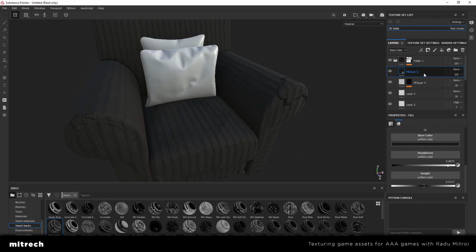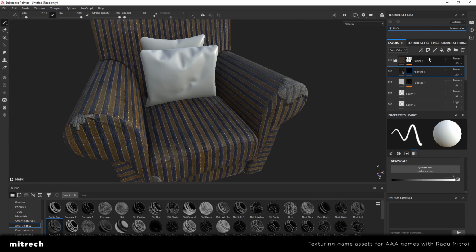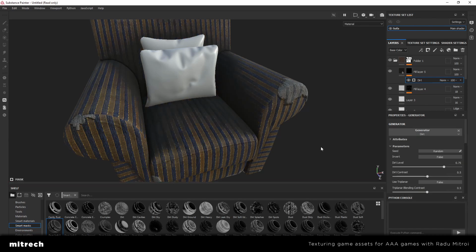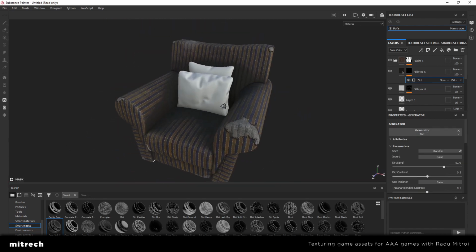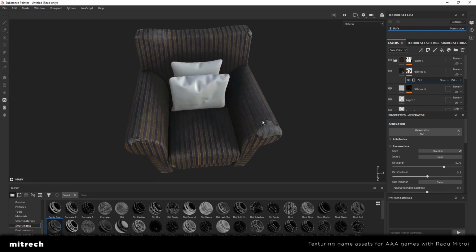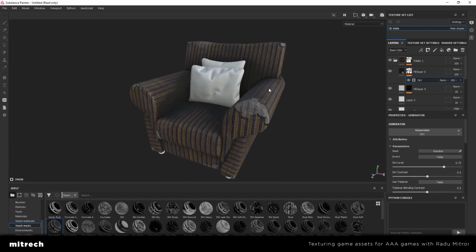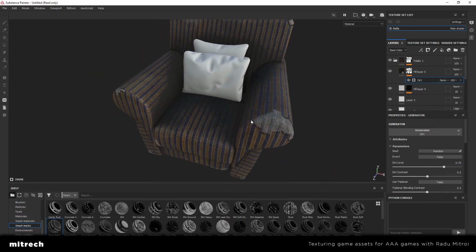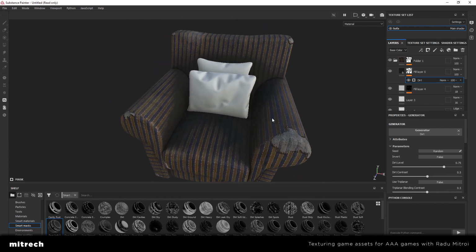And what I'm going to do is right click on this, add a black mask, then right click again, add generator, and from this list just choose dirt. And as you can see, it's added all of this black dirt, which is way too much. It's looking like this has been abandoned for a lot of time, and it's not what I want. So just go into dirt and decrease the dirt level,